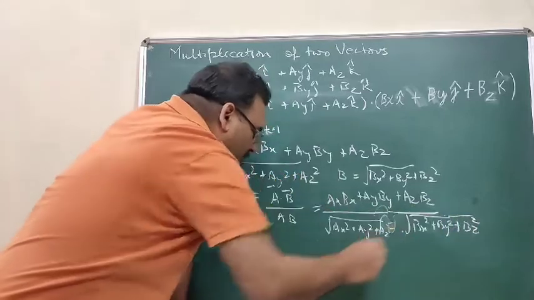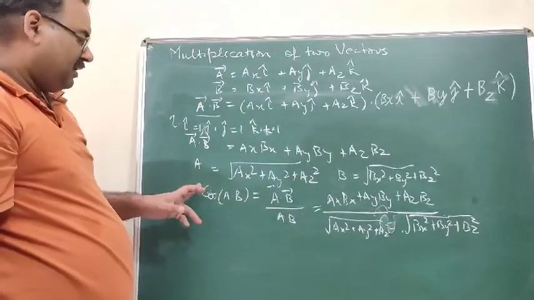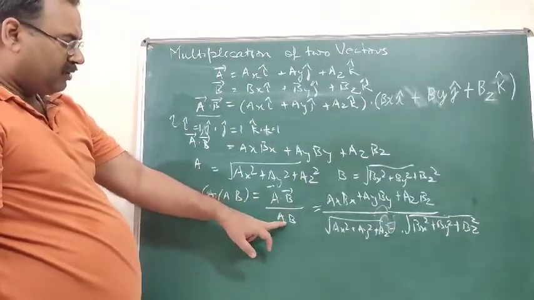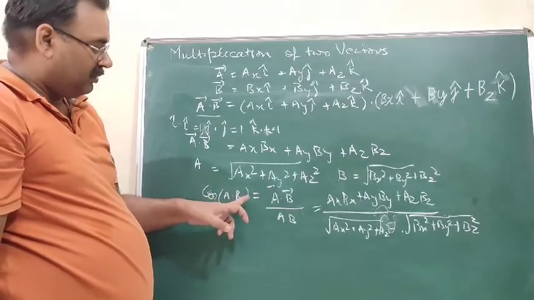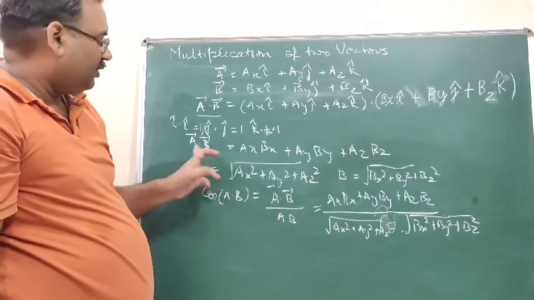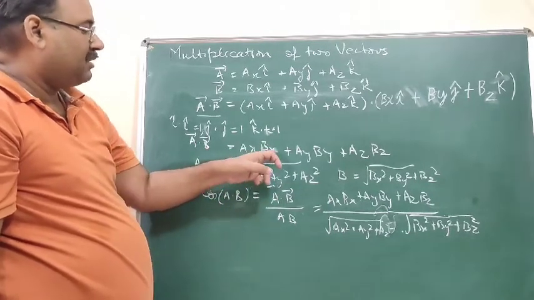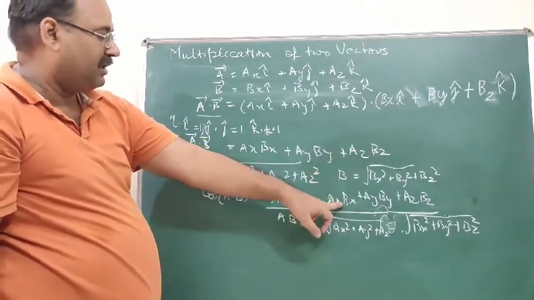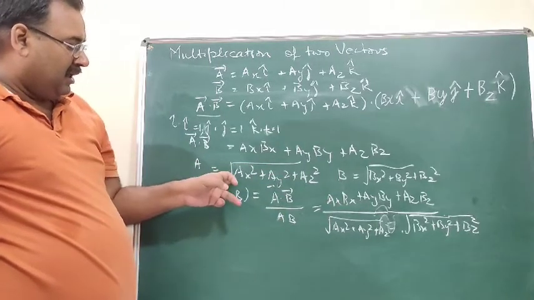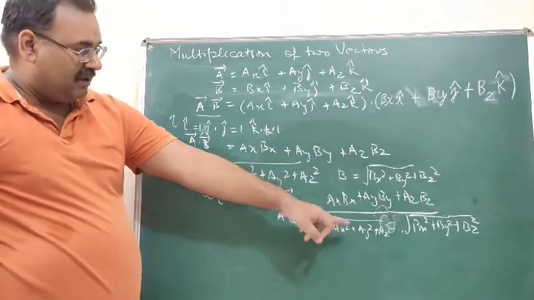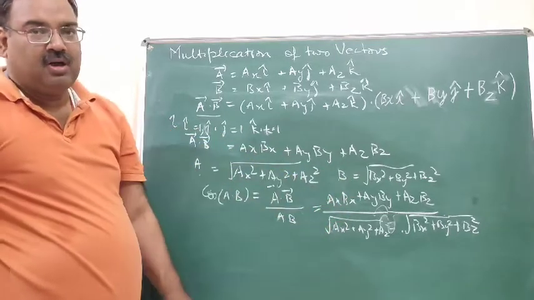ओके, सो यू नो दिस. ये कहां से आया था? A dot B किससे होता है? AB cos theta. थीटा इज एंगल बिटवीन A and B. तो हमने पहले A dot B की जगह A dot B किसने निकाला था? ax bx plus ay by plus az bz रख दिया. और ये भी मैग्नीट्यूड की वैल्यू यहाँ से निकाल दी. A B वो यहाँ रख दिया एंड B की वैल्यू. So you have got